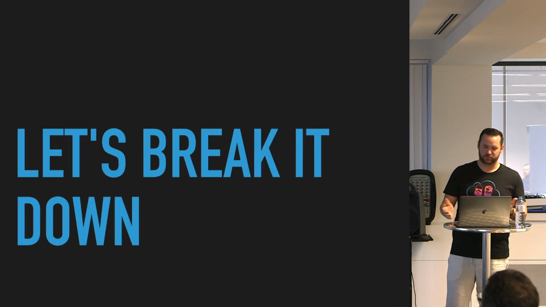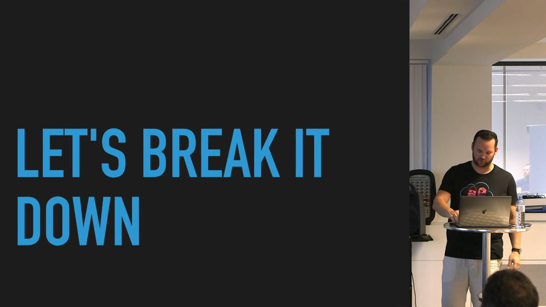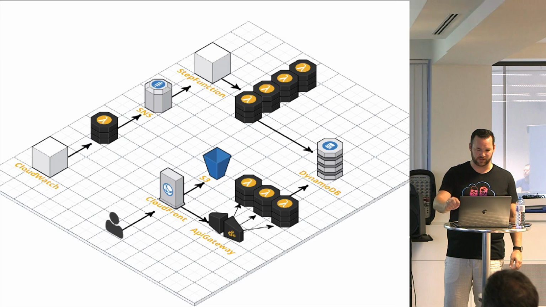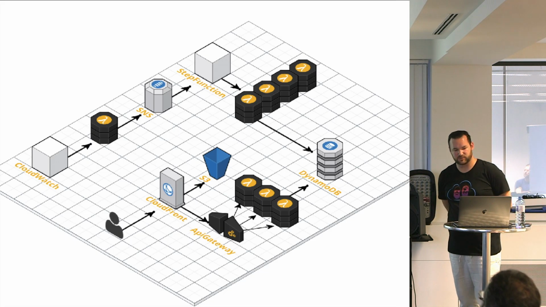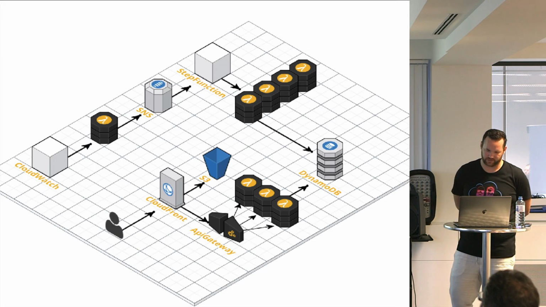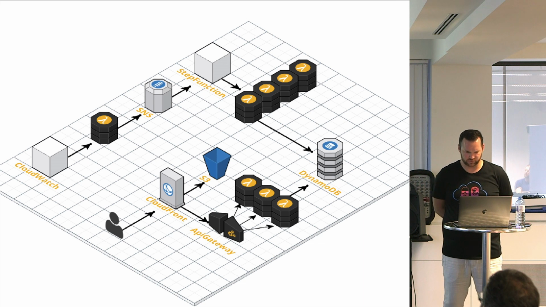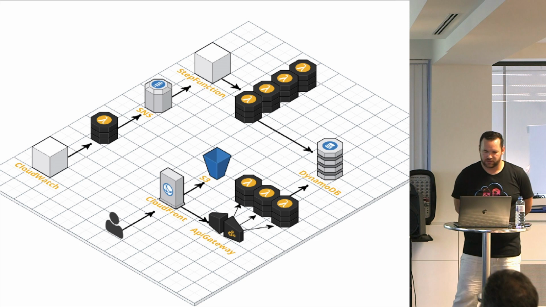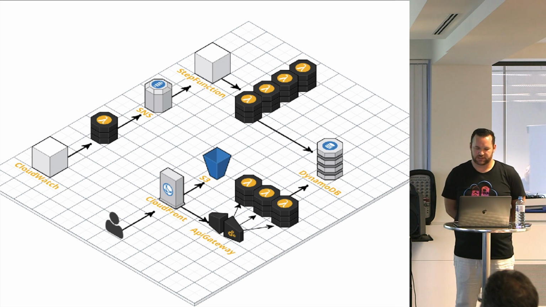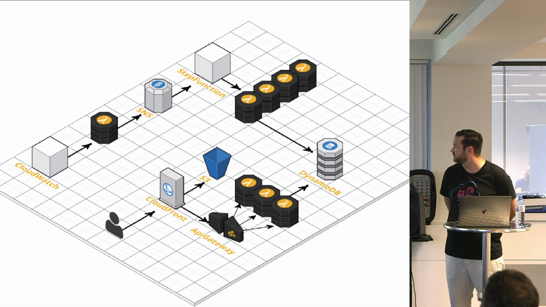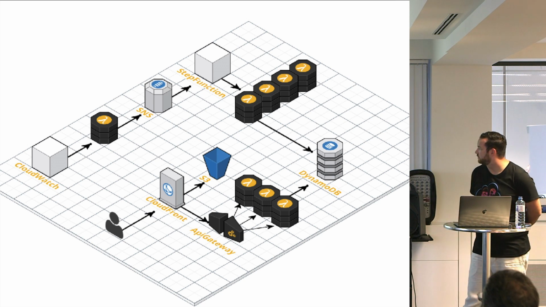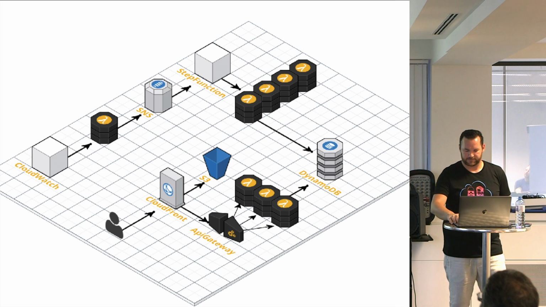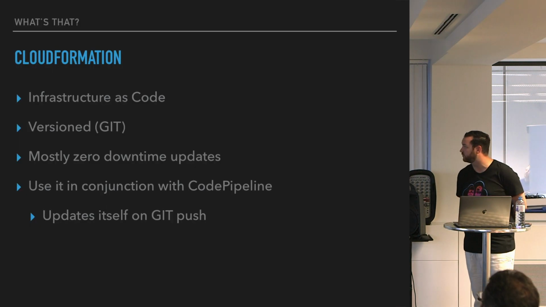So let's break it down, what each service does for this application for me. More or less, this is what I use. This application model shows the main application. So I use CloudFront, as I said, and I completely trust on Lambda, so I don't have an EC2 instance running anywhere, so it's completely serverless. And let's start with CloudFormation.